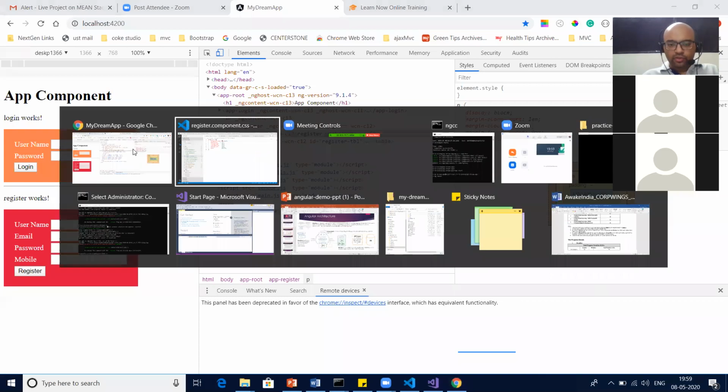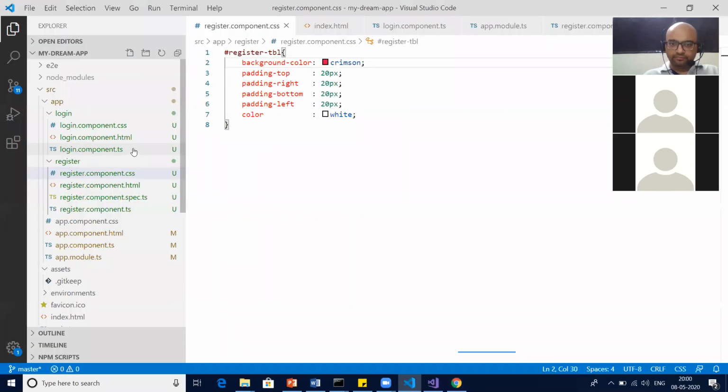So what should we do next? Multiple components done. I wanted to show you some event programming also, but that event programming we already did in the last session, on button click, taking all the data.